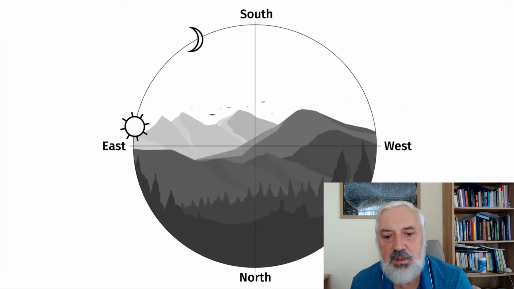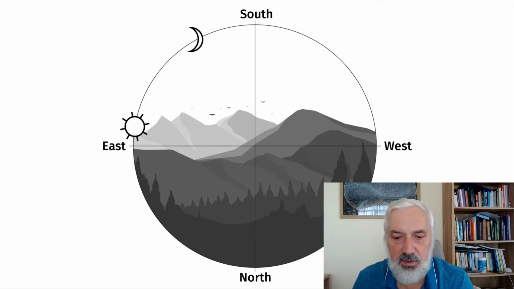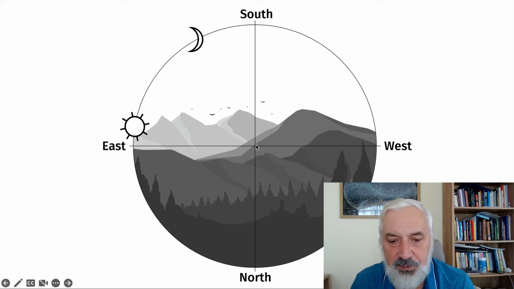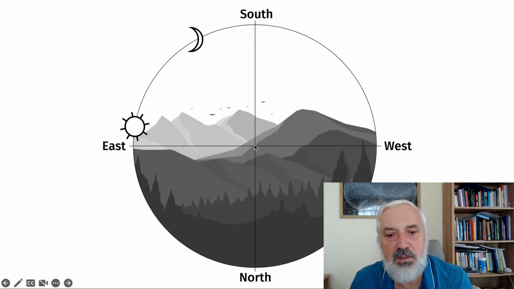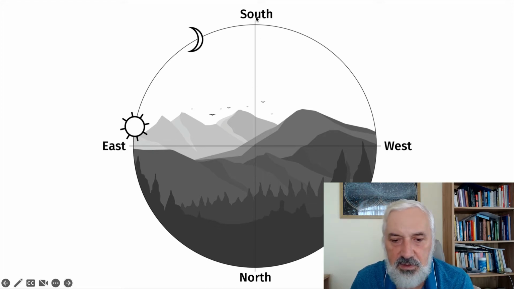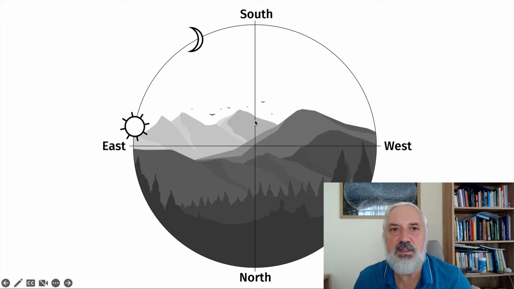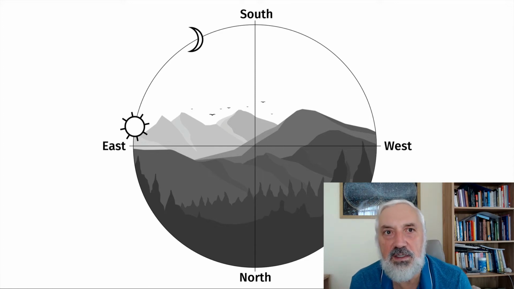Why not? Let's say someone was born in this particular place on the earth, maybe somewhere there in the mountains, and this is how the universe looked then. This is a very simplified natal chart, but we can see that there are some coordinates here. This is a necessary element of any natal chart. We need to know what is where. We need to have some reference points, some reference lines. We need to have coordinates.